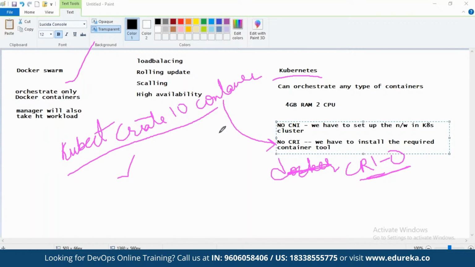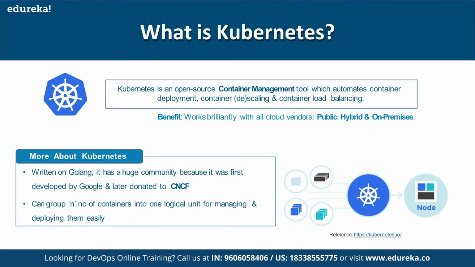Tomorrow, let's say any other container tool comes in the market and becomes quite famous, more than Docker. Of course, we would want to switch our runtime interface to that particular tool. My Kubernetes commands remain the same. Kubernetes can orchestrate even the new container tool also. Okay, friends. So these were some of the advantages of Kubernetes. Previously, Kubernetes was a tool of Google. Now it has been taken over by CNCF. It will create and manage n number of containers, friends, depending upon the runtime interface that you have on your